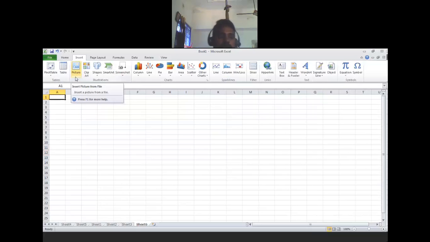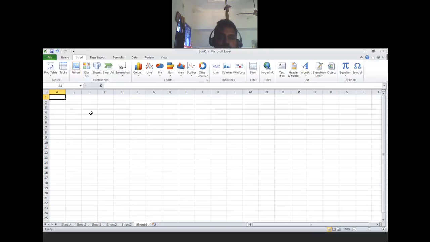Next is the picture. That means we want to insert something, pictures, a logo, or anything like our storyboard, and every storyboard depends on that. But from the Excel point of view, no one does the storyboard. For storyboards, people prefer to go for PowerPoint. I'm doing that also, side by side. Excel, PowerPoint. If you search Google for Bala Sudhakar videos, you'll get everything on YouTube. If you want to search for specific things, Excel video, PowerPoint video and Python video, I have started. I'm going to post many programming videos also very soon.